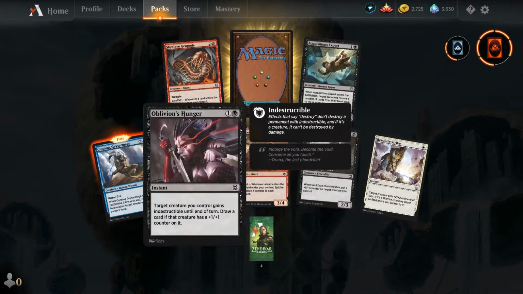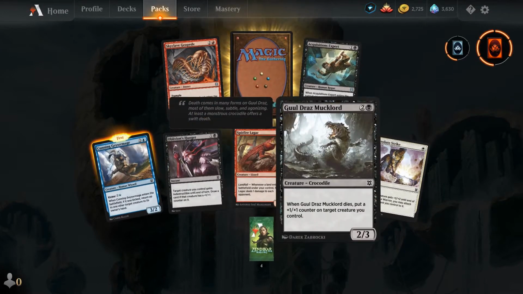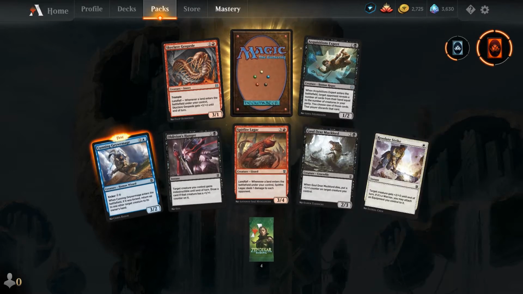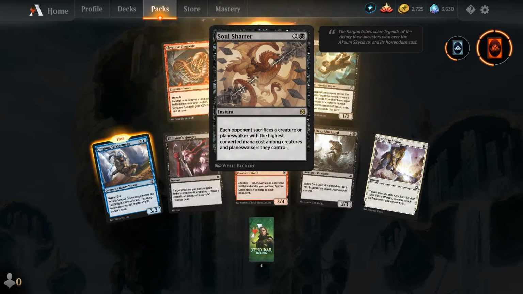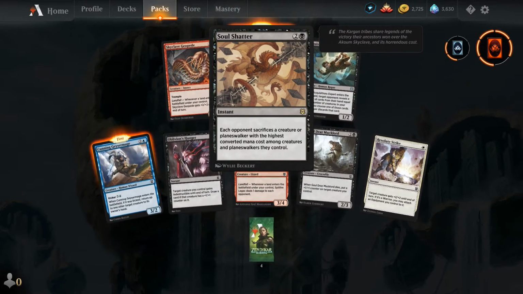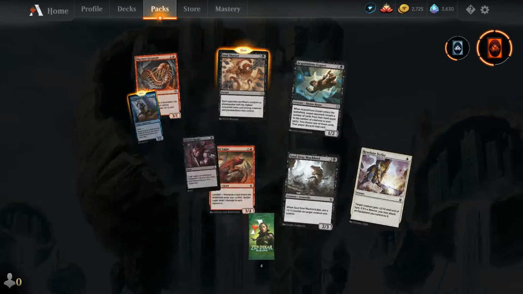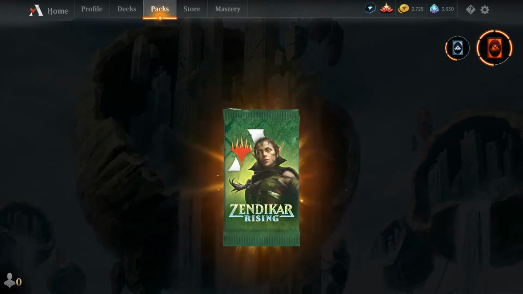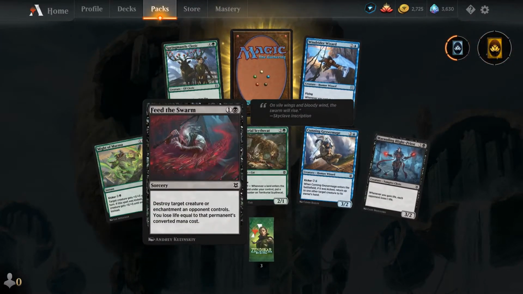Cunning Geyser Mage, Oblivion's Hunger, Spitfire Gak, Gruldrov's Marklord, Resolute Strike, Skyclave Geopede, Acquisitions Expert, and our rare is Soul Shatter. So for 2 and a black, you get an instant. Each opponent sacrifices a creature or planeswalker with the highest converted mana cost among creatures and planeswalkers they control. Might of Marasa, Feed the Swarm,